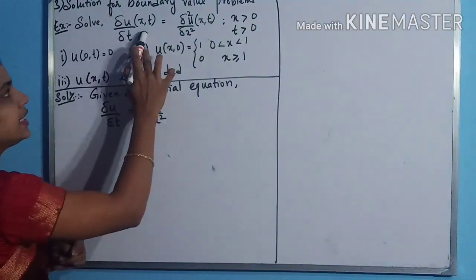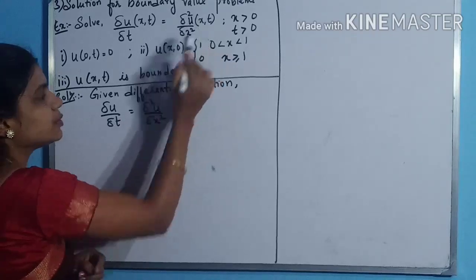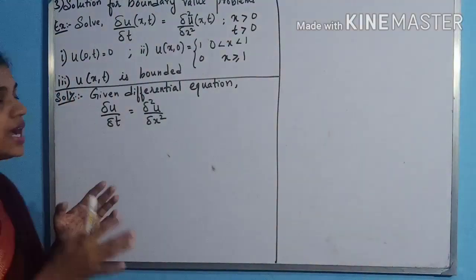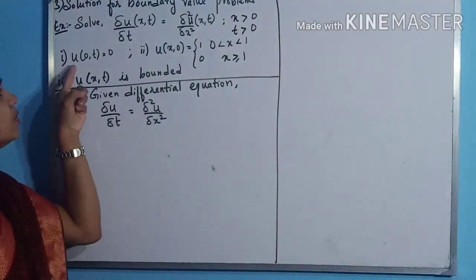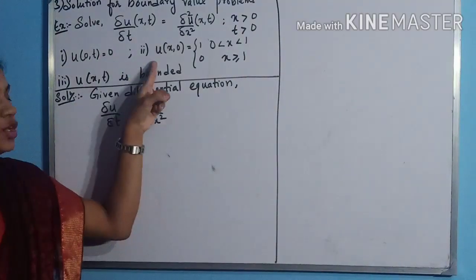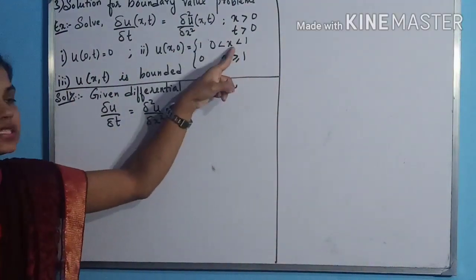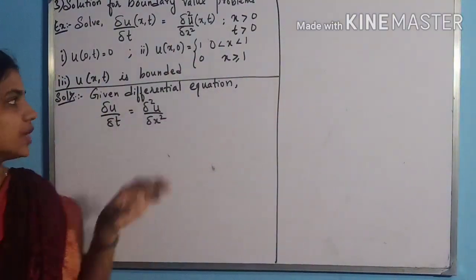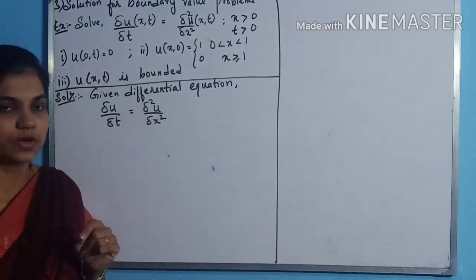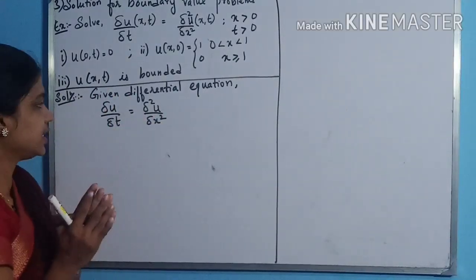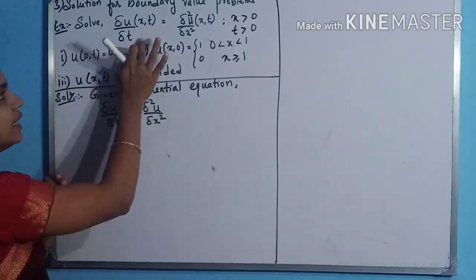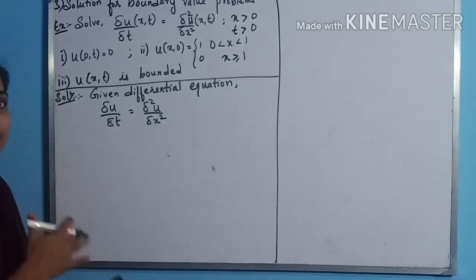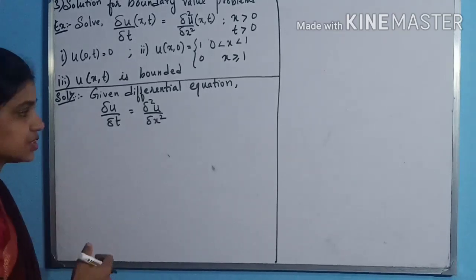∂u/∂t (x,t) equals ∂²u/∂x² (x,t), where x is greater than 0 and t is greater than 0, and the conditions are u(0,t) equals 0, u(x,0) is 1 when x is between 0 and 1, and equals 0 when x is greater than 1, and u(x,t) is bounded. So the given differential equation is ∂u/∂t equals ∂²u/∂x². I am going to apply the Fourier sine transform on both sides of the equation,